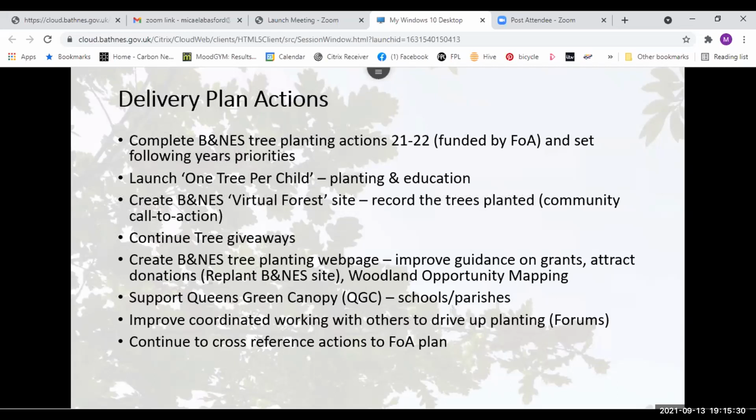and we will add it to a tree planting web page that we host at B&NES to complement the tree and woodland delivery plan. In addition, B&NES planning policy team will be reviewing and updating tree and woodland policy in the new local plan, in line with fast changing national government guidance. So that's that element. So next slide, please,